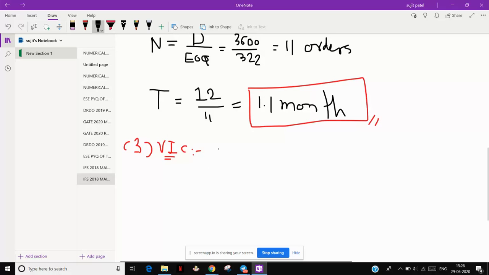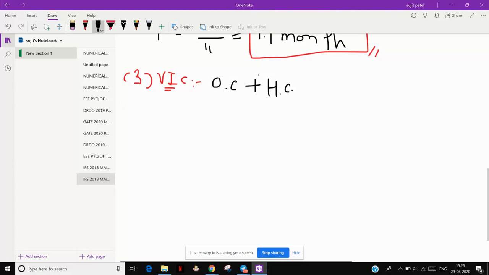So if I increase the lot size, I need to improve my storage area. That means holding cost increases, but my number of orders will decrease, so ordering cost will decrease. And opposite to that, if I decrease the lot size, then I have to place orders more times, so my ordering cost will increase, but we require less storage area, so our holding or carrying cost will decrease. So the main variable costs are the ordering cost and holding cost, because the unit price is not varying.